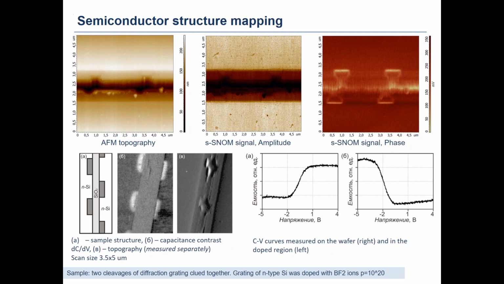One can see that in the p-doped and n-doped areas, these curves have a different behavior. Now these two techniques, s-SNOM and capacitance microscopy, are actually complementary to each other, because s-SNOM is highly sensitive for the higher carrier concentrations, and the capacitance microscopy is highly sensitive for lower carrier concentration. Another example is the